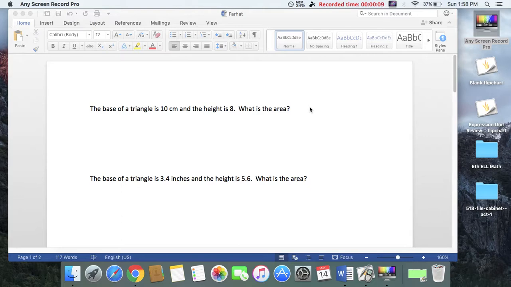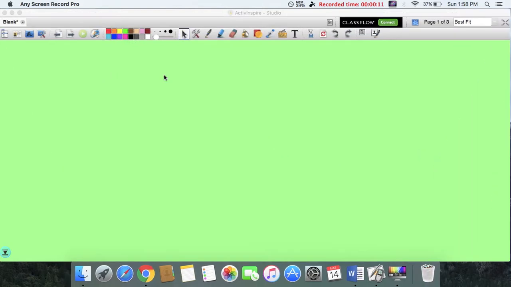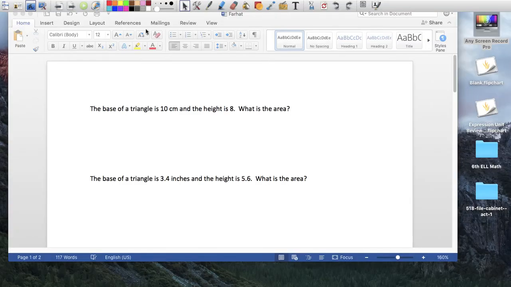It says the base of a triangle is... okay, now it's ready. The base of a triangle is 10 centimeters and the height is 8. What is the area? So what you have to realize is, how do we find the area of a triangle? We use area equals, and I know in class I said, let me write it over here, base times